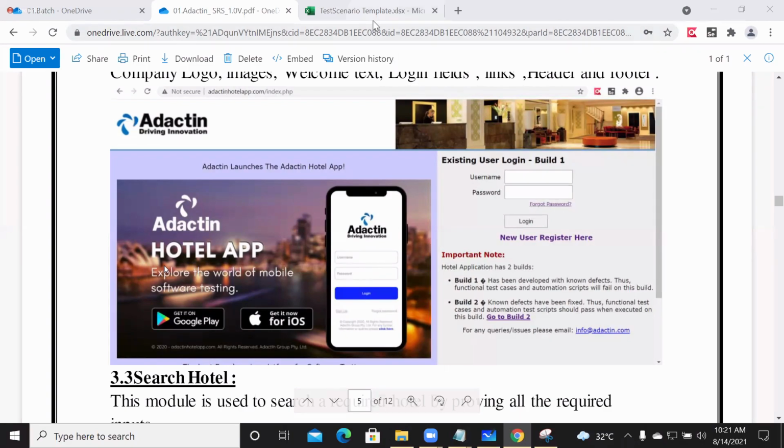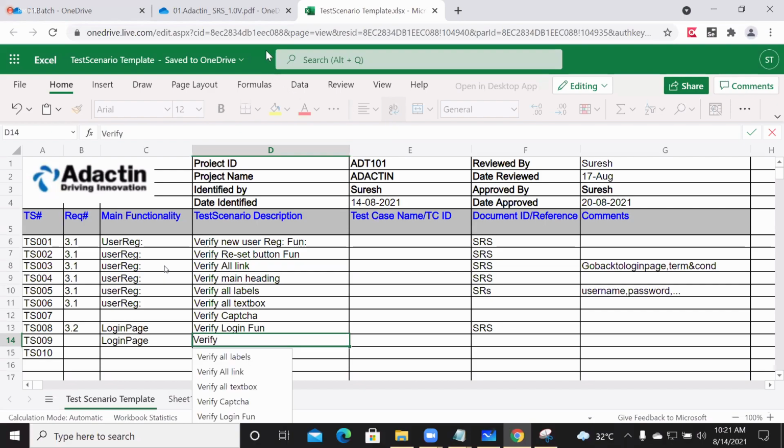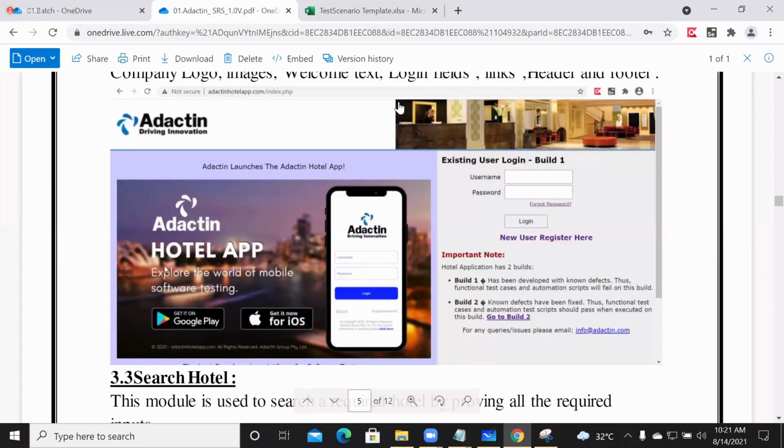Saying that verify login functionality. Next, on the login page, do we have any links? Forgot password, one link. New registration, one more link.